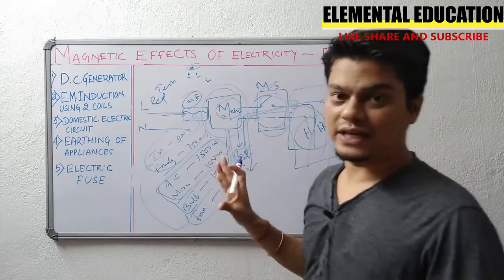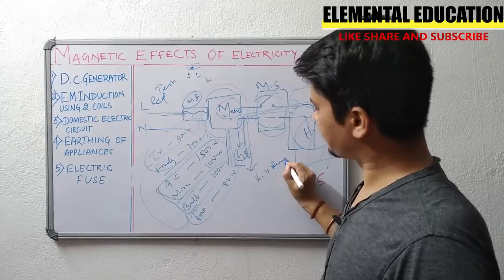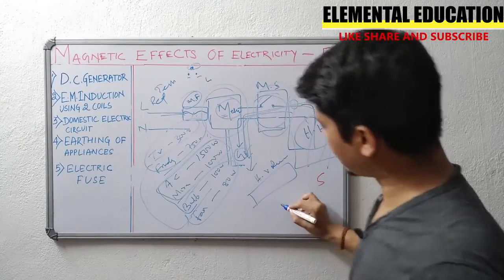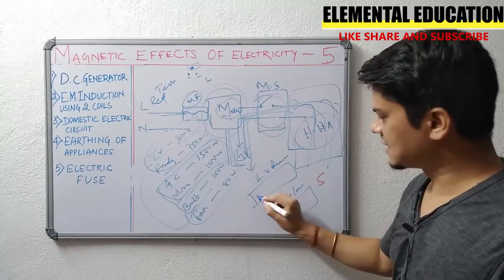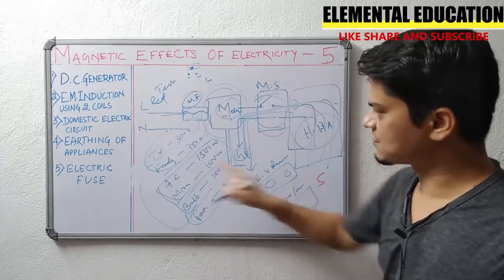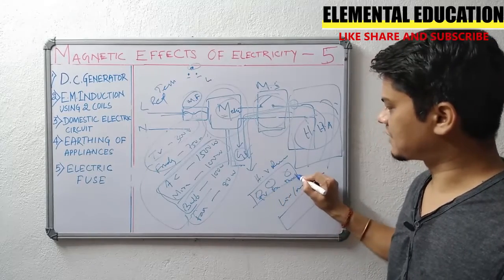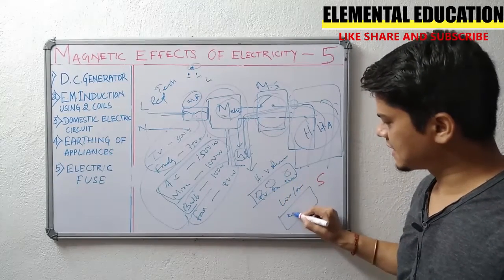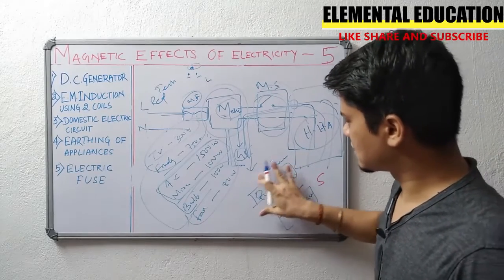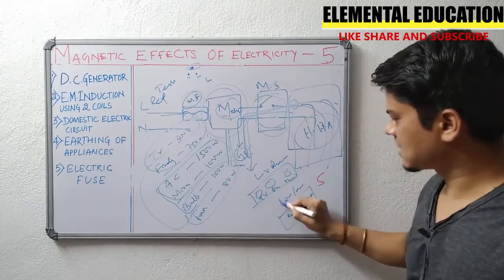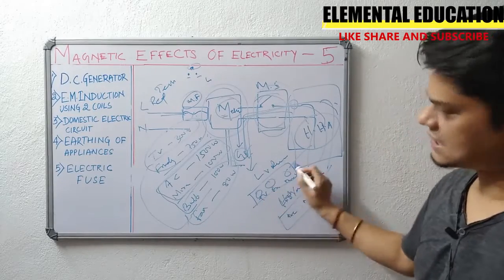Again we divide it into a high voltage rating line, and another one is a low or minimal voltage rating line. In one, 3 sockets will be there: TV, fridge, bulb, fan. Here it will be AC and mixie. Sorry, this is the low voltage line, this is the high voltage line. These are parallel anyway.